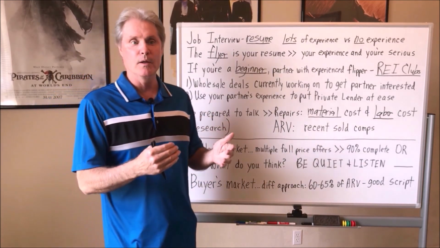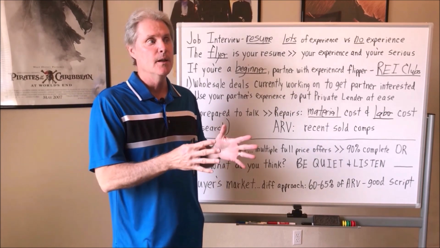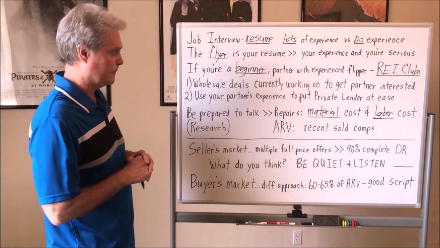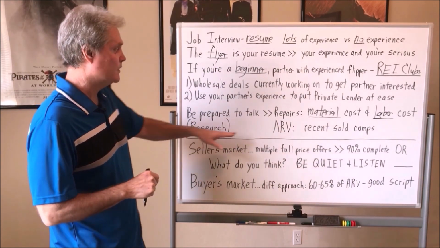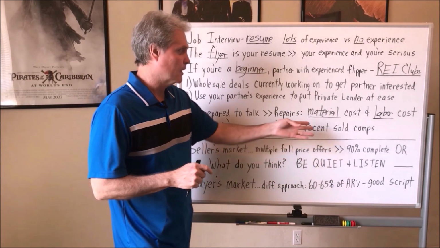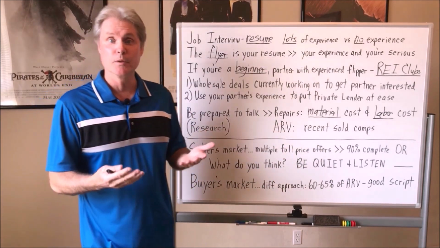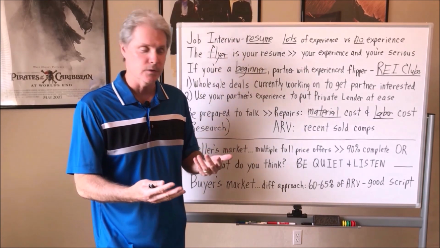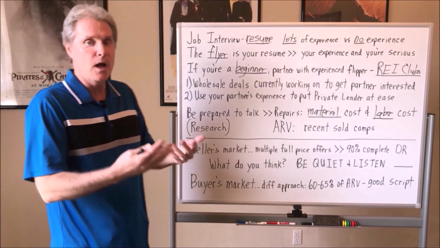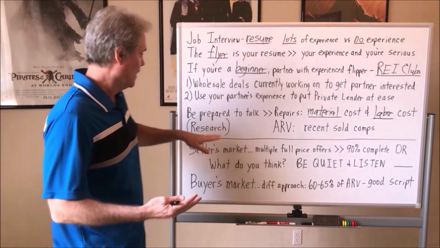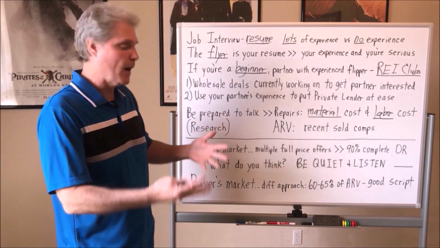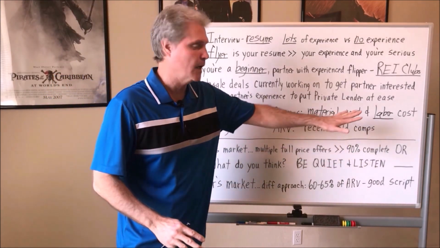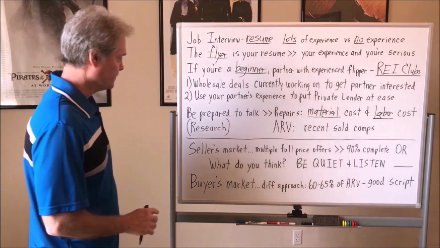Now, you don't have to go into great detail, but certainly the higher-end items, you need to document. The other thing is you want to research the ARV. You're looking at recent sold comps, and those sold comps should be 6 months old or less, and they also should be within a 1 mile radius. If our house is a 4/2, well, the comps should be 4/2, etc. But the point is, when you talk to the private lender, you're well prepared and you can document all this: material costs, labor costs, and the sold comps.